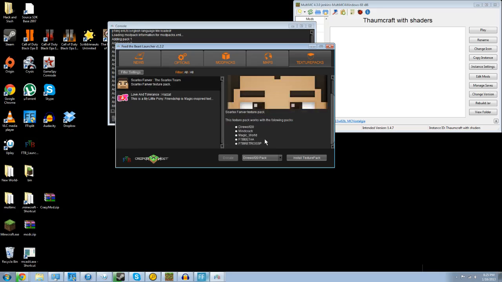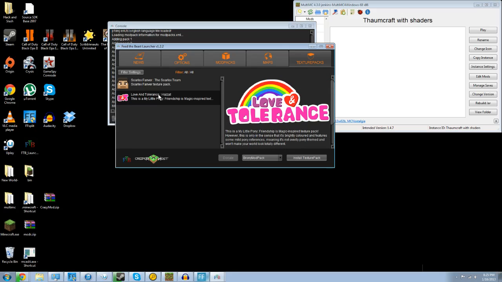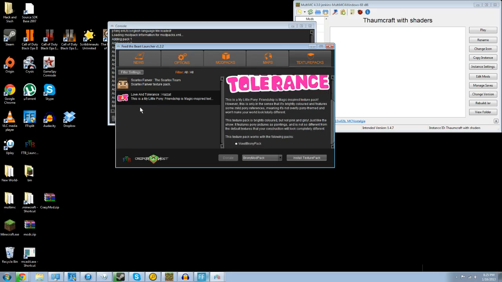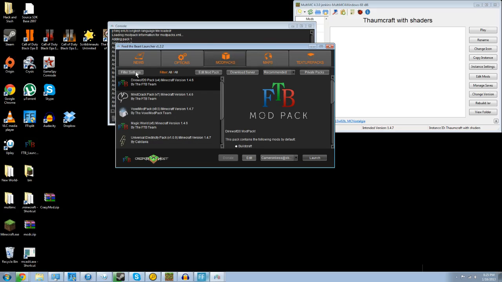There's texture packs that can be used with the following mod packs, I guess, and Love and Tolerance for the Voxel Brony mod pack, and you can install those. And let's say I wanted to install the Sortex thing, you select which one you want, but I'm not getting into that for this video. I just wanted to show that's how you can make a really simple way to make a server